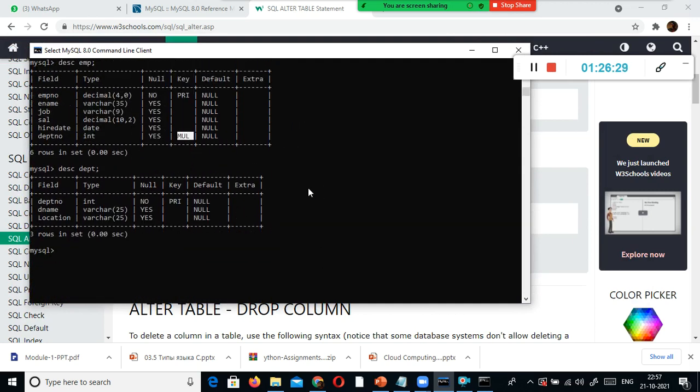Start practice it, because in real time scenario you have to create the table and you need to insert the data. At least for development purpose you need to create or insert the data, you need to add the columns, drop the columns, everything, right? But in reality, if you have a database admin, they will be doing it, but in development environment you have to do everything in some cases, okay.